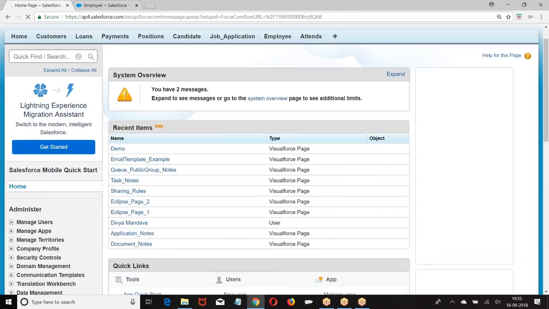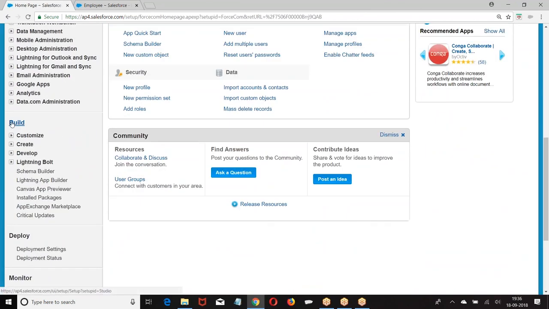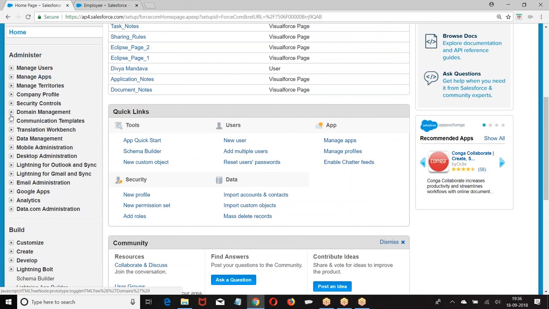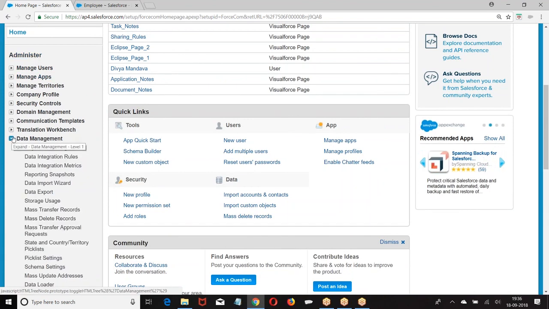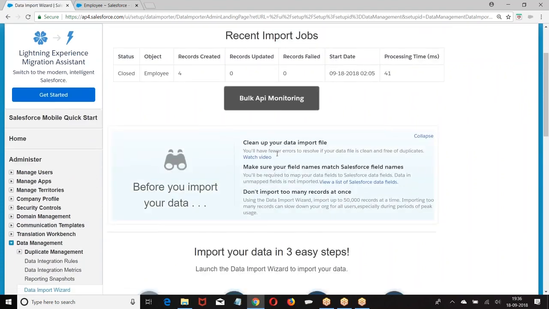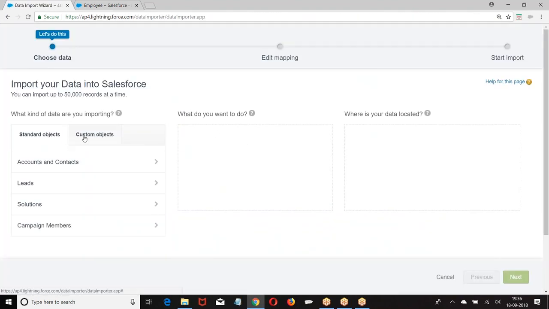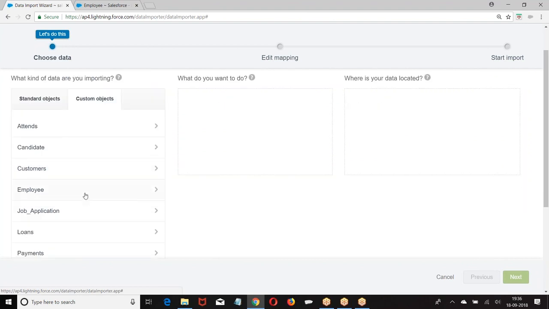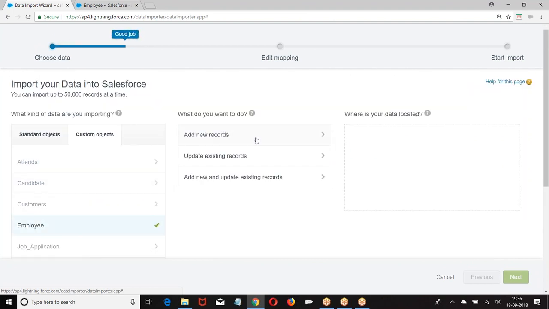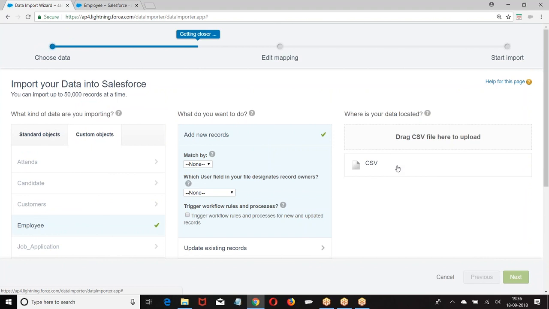Setup, build, setup, administer, data management, import wizard, launch wizard. Custom object, employee, new records, choose CSV, choose the file.